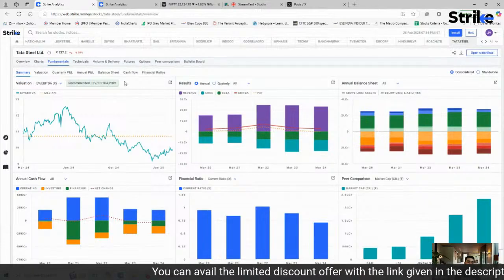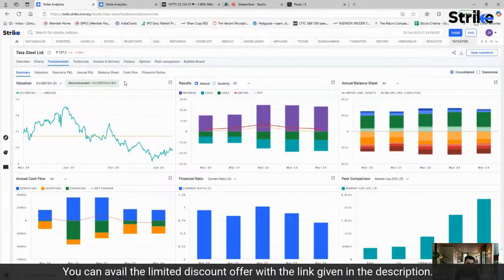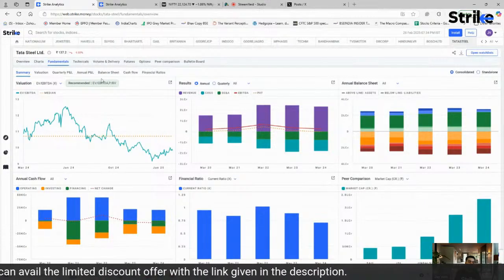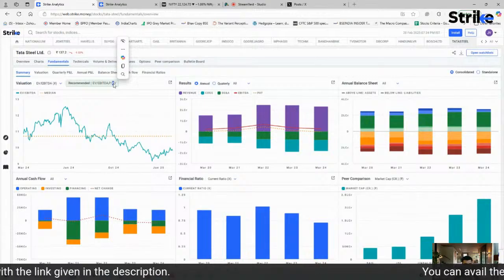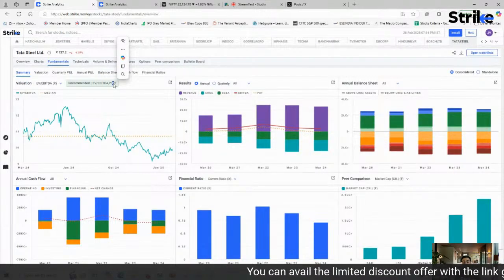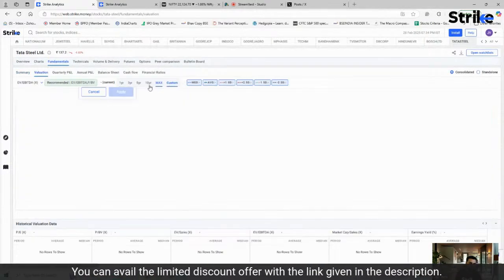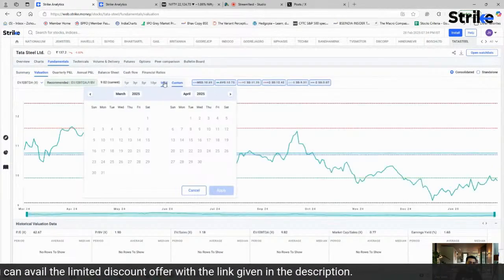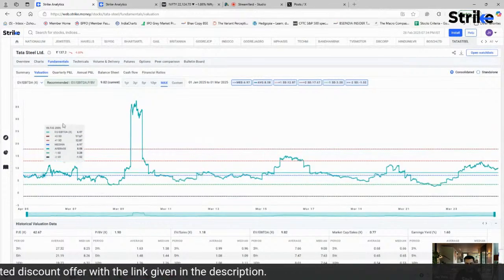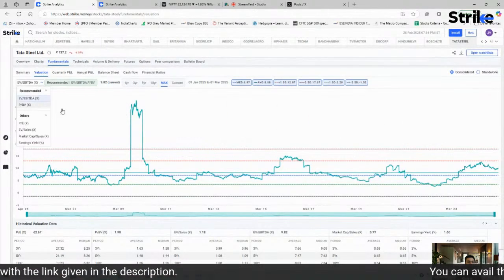So in this case EV to EBITDA will give you a true picture. That is why EV to EBITDA is there. Then price to book value is there. Price to book because they actually have hard assets in their books, so you can value them based on the assets as well. And if you click on this popup, you will get the entire data, like you can see over here.